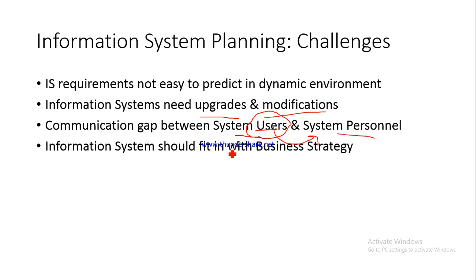Information system should fit in with business strategy. So you should have an information system which fits in with your business strategy, right? For example, supposing one of your business strategies is to retain the existing customer and try to upgrade them to a higher, costlier product, or trying to cross-sell to them. So for example, if somebody has purchased cars, you would want to cross-sell car accessories, right? So what are car accessories? For example, the alloy wheel.